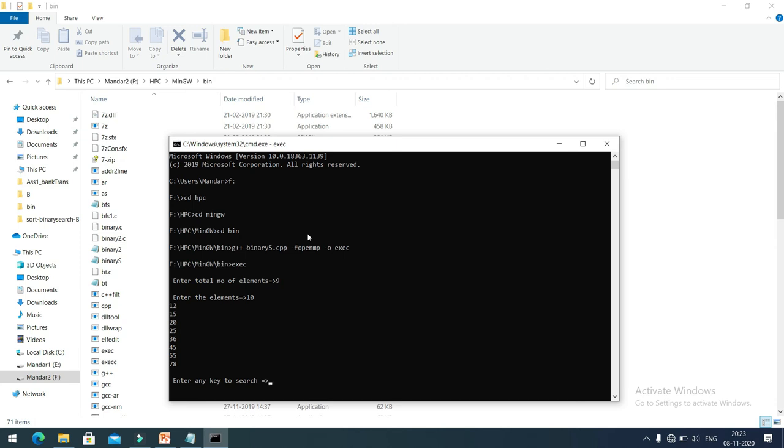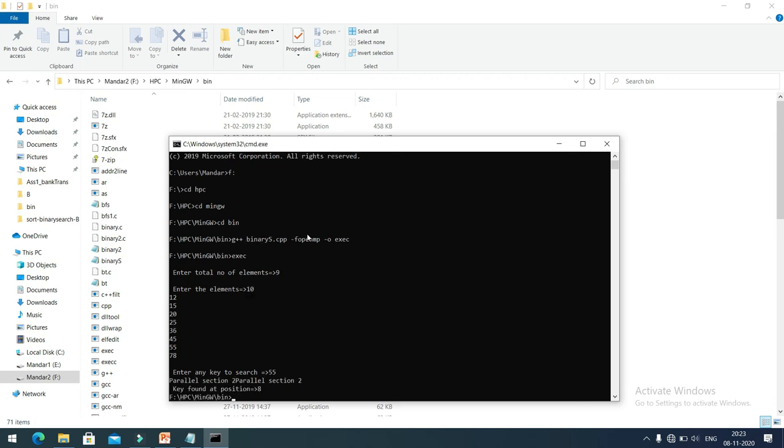And now we have to enter the element which we need to search. So let's say I have to search 55. Enter. Alright, so this 55 is present in our list at the position 8. So this is the position number 8.